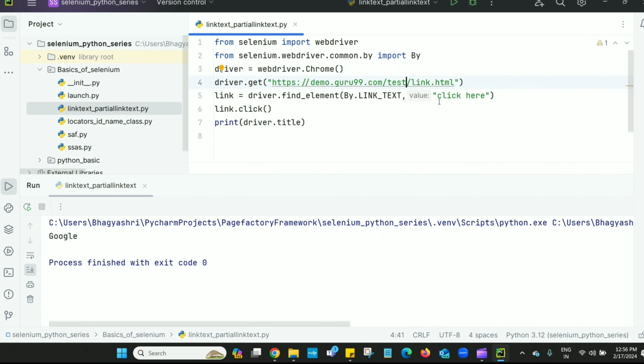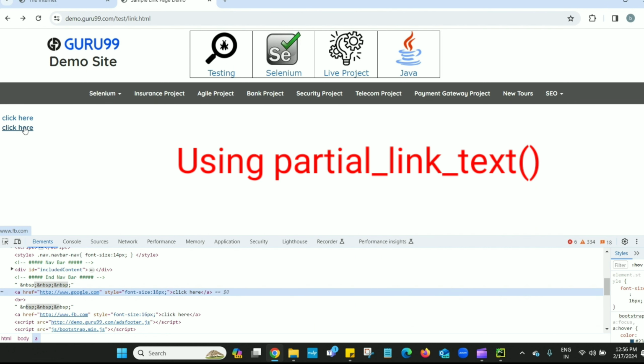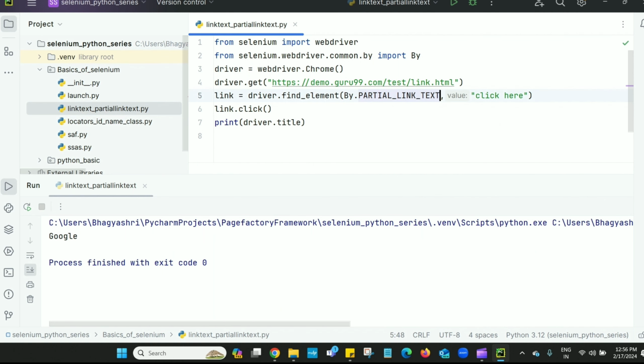So by using the link text click here, we can identify the web element. Now we'll see by using partial link text. Instead of link text, I will give partial link text, and here I will pass only here, and we'll check.